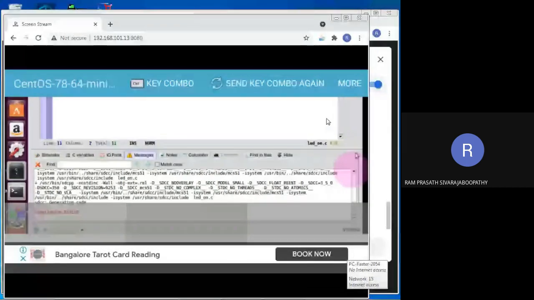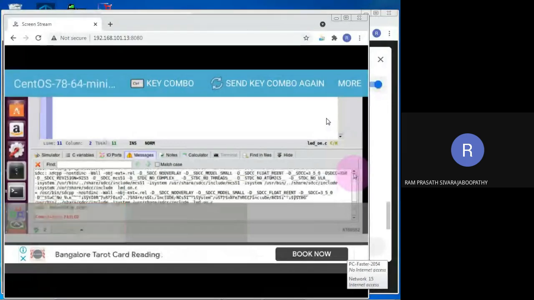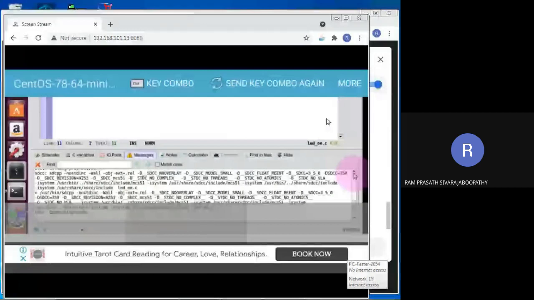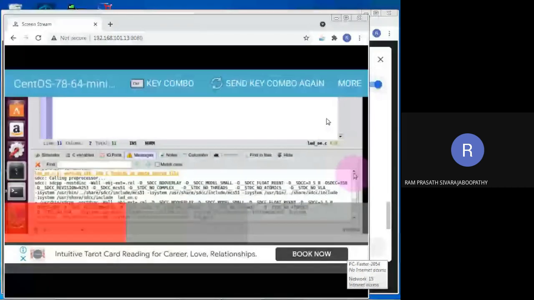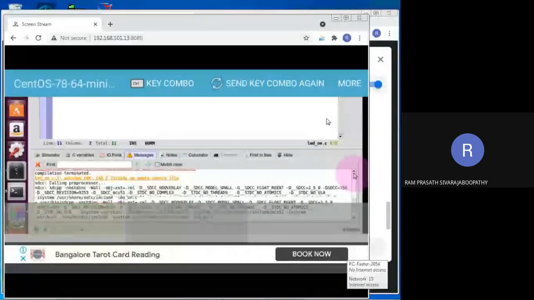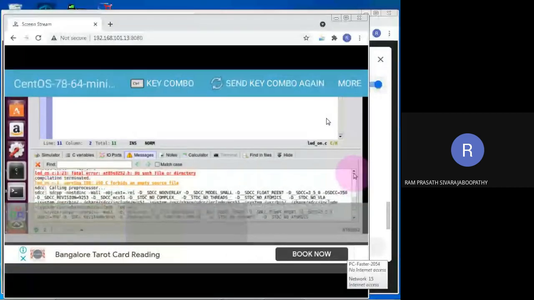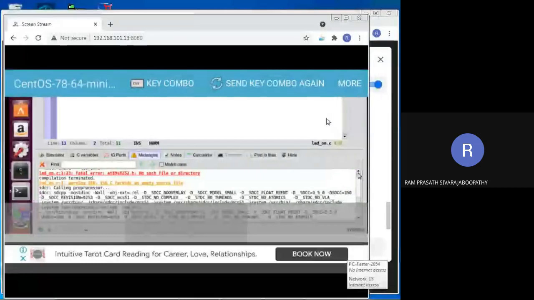See, previously we got stuck where we could not print open bracket and close bracket. Now we are having a different error. Wait a moment, we'll check. AT89S8252, but the directory seems like that.